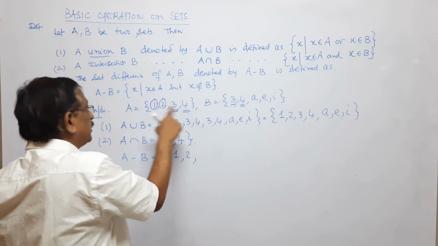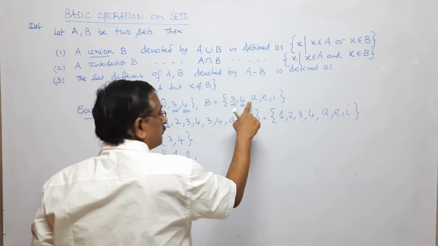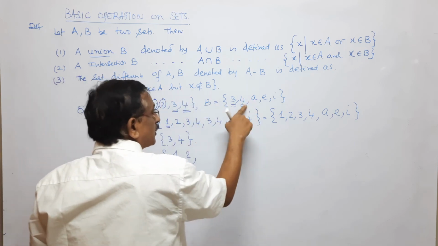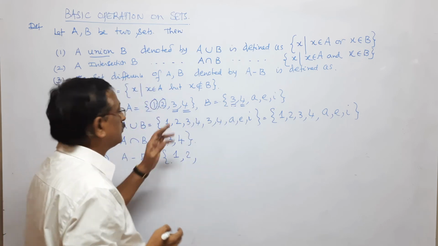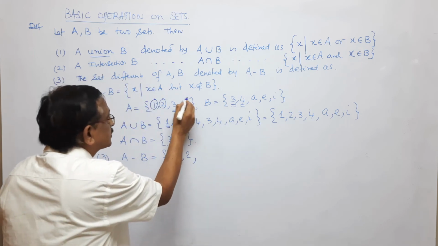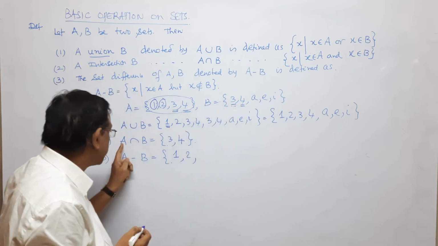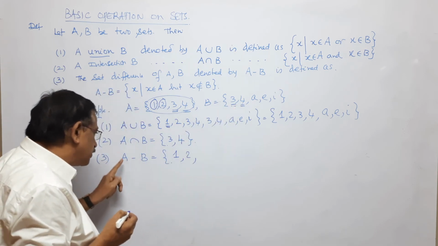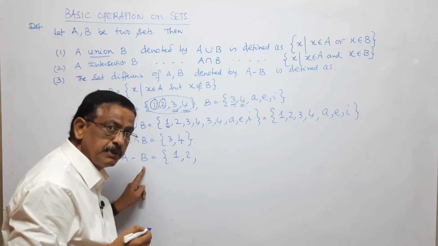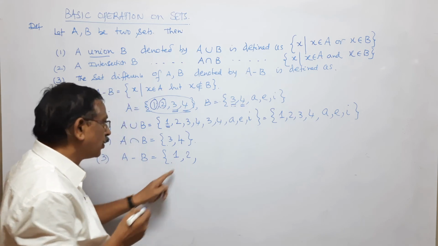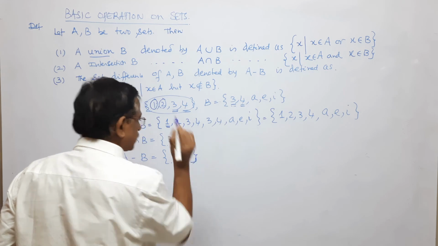What about 4? 4 is in A and as well as in B. So I cannot write. That's all, because I have exhausted all the elements of A with B. That is A minus B. So I have to choose those elements in A which are not in B. Hence, I can write down only 1 and 2, close the brackets.